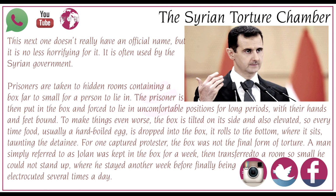Number 9 is the Syrian torture chamber. This next one doesn't really have an official name, but it is no less horrifying for it. It is often used by the Syrian government. Prisoners are taken to hidden rooms containing a box far too small for a person to lie in. The prisoner is then put in the box and forced to lie in